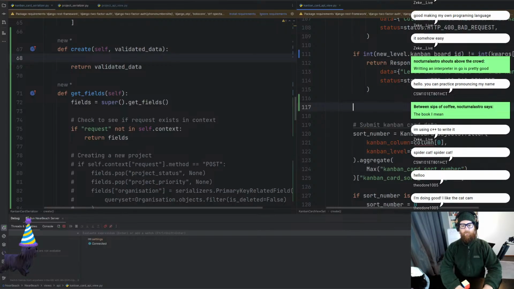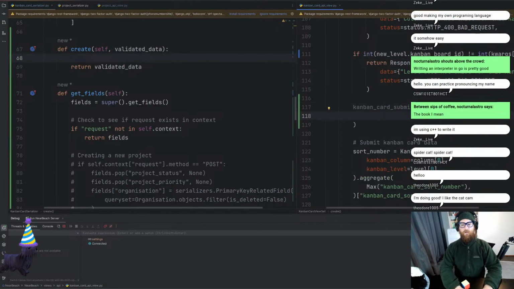We'll have it submit. Kanban card submit equals the serializer dot save, and then in here we'll have the instance, which will be